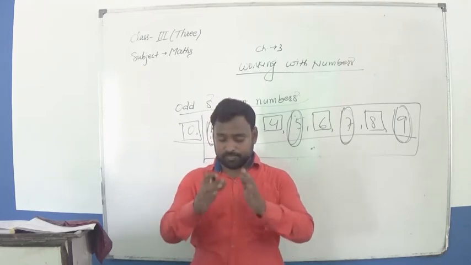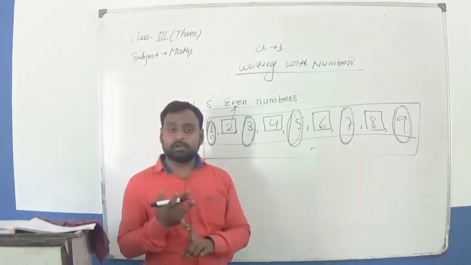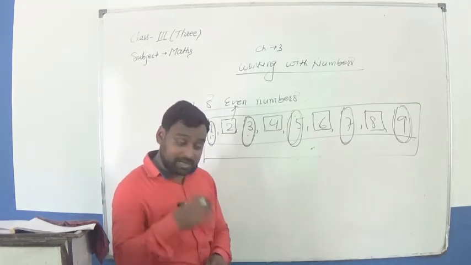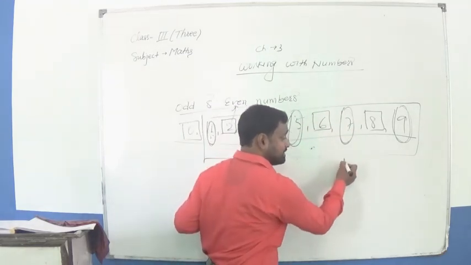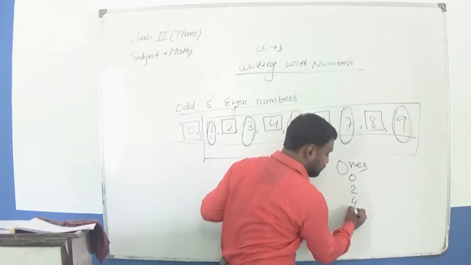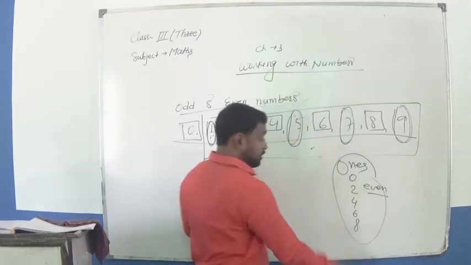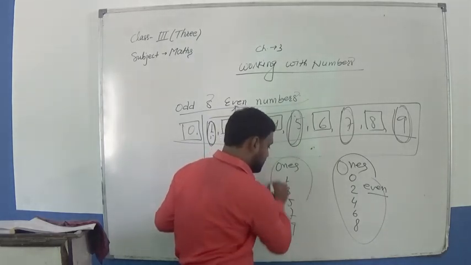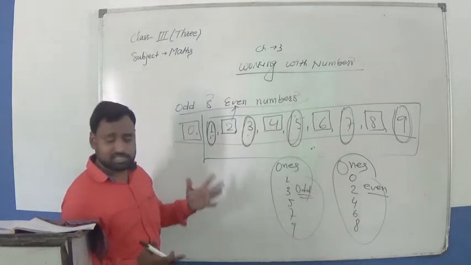ओके. So in Hindi I want to make you clear कि चाहे वो 2 डिजिट का नंबर हो, 3 डिजिट का नंबर हो, 4 डिजिट का, या कितना भी 8 डिजिट का नंबर हो, 10 डिजिट का नंबर हो, एट द प्लेस ऑफ वंस मीन्स लास्ट, राइट साइड में सबसे पहले या लेफ्ट से जो लास्ट में होता है, वंस के प्लेस पे, ओके, जब 0, 2, 4, 6 और 8 होगा तो नंबर इवन नंबर होगा। और वंस के प्लेस पे जब डिजिट 1, 3, 5, 7 और 9 होगा तो वो ऑड नंबर होगा। बस इतना ही चीज ध्यान में रखना है।